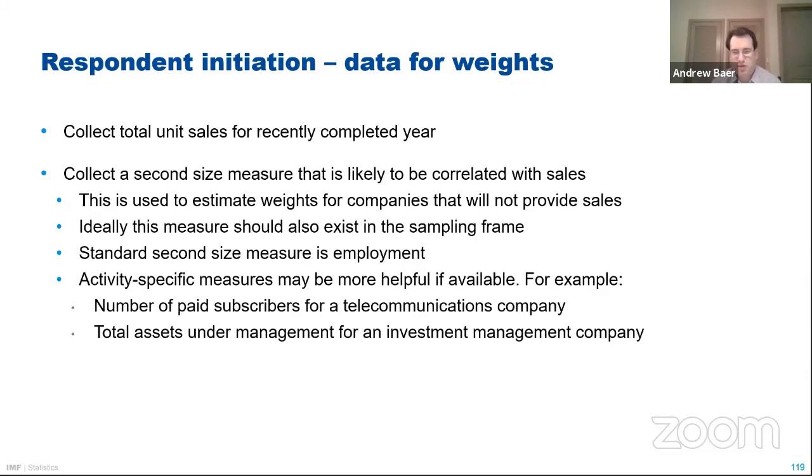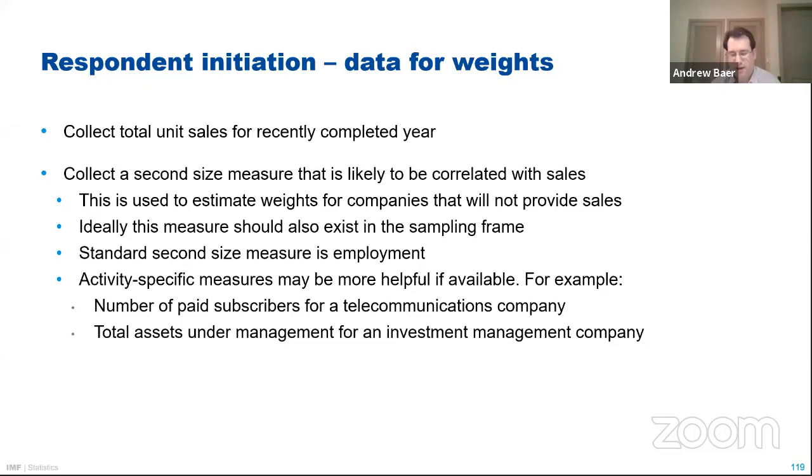So ideally, this measure should also exist in the sampling frame. The standard second size measure is employment. However, it could also be an activity-specific measure, such as number of paid subscribers for a telecommunications company, or another measure for a different activity you might cover. Now, let me explain why we try to collect this. If a company tells me their total revenue and their total employment,